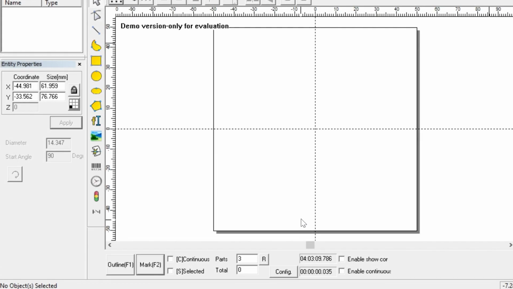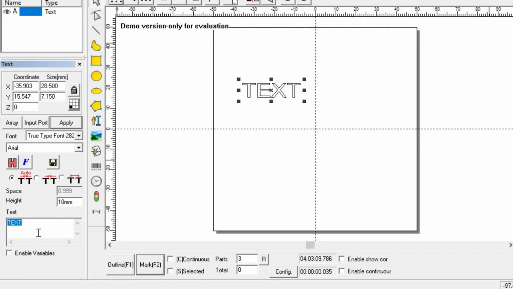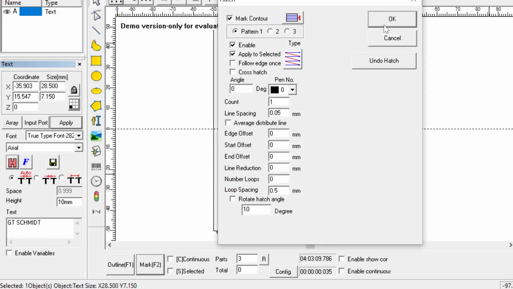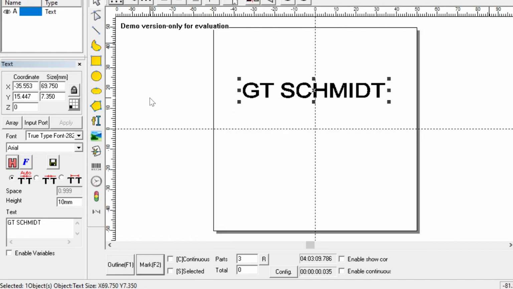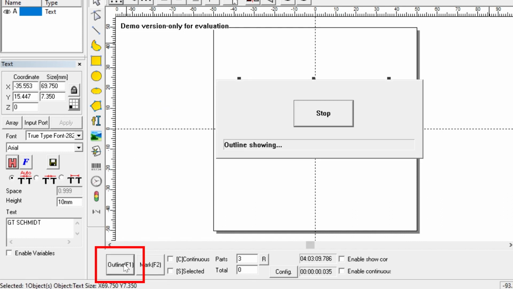In this tutorial, we'll review the outline and mark buttons. But first, we need to add an object to the marking field here, so let's add text. We'll change it to GT SCHMIDT, and we'll add a fill to that text as well. Now that we have an object to mark, let's click on the outline button, and we'll show you this nameplate